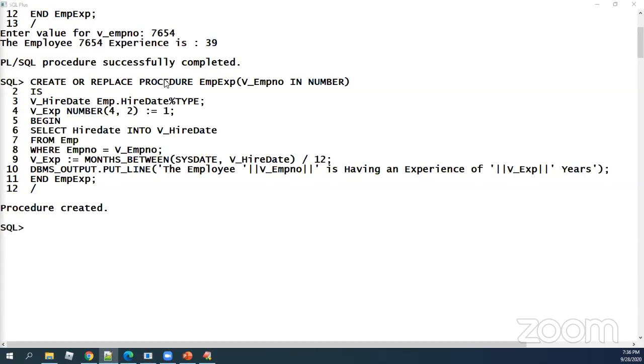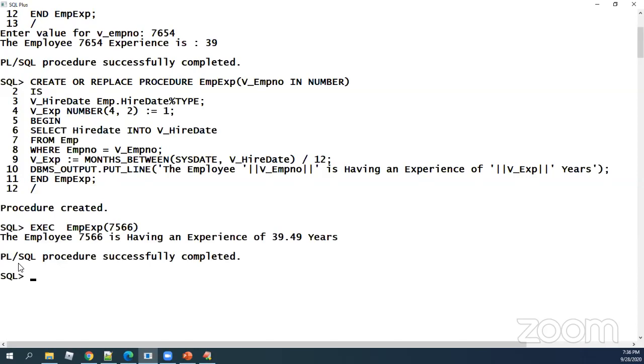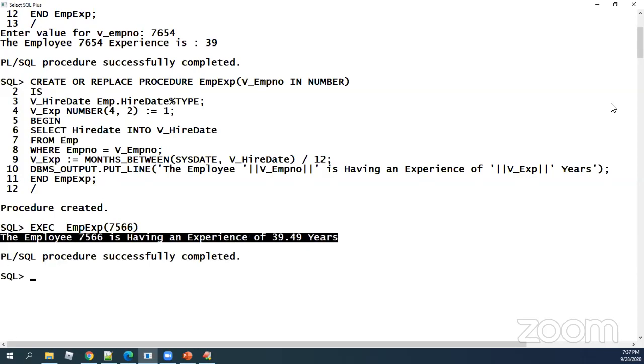A procedure can always be executed as a standalone implementation. So I'm saying execute employee experience with 7566. It technically returns the corresponding number of years of experience of that employee.